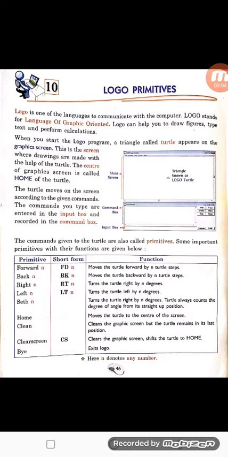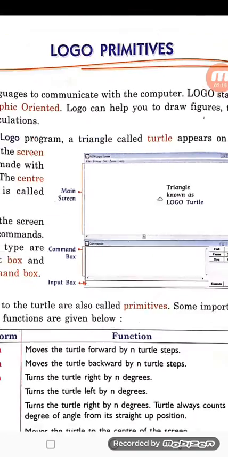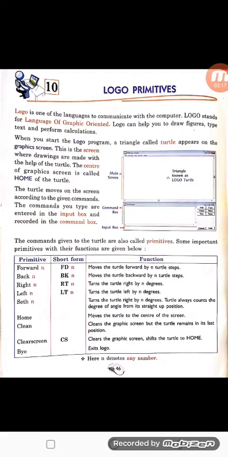Next one is home. When you write the command home, it moves your turtle to the center of the screen. From wherever it is present, it takes your turtle to the home.